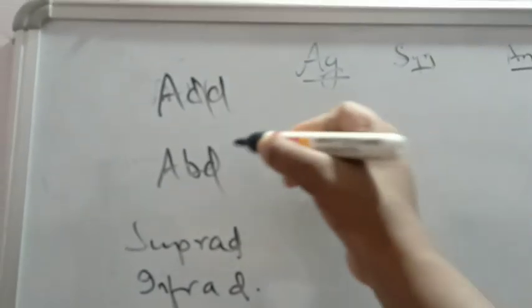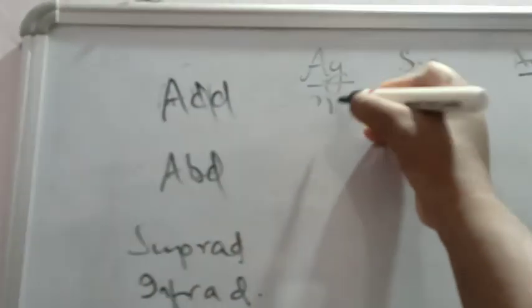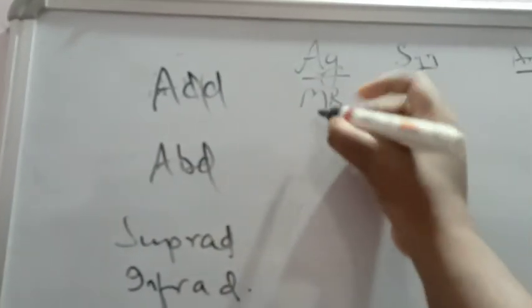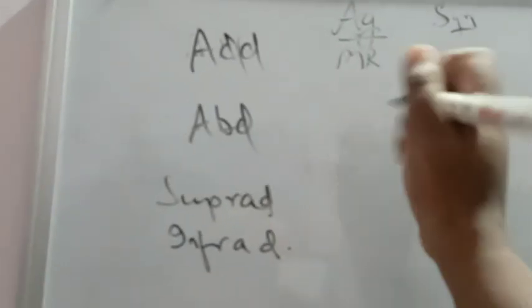So one hint we got is that the agonist is a pure adduction. Who does that? Adduction is by medial rectus. Similarly, abduction is by what? Lateral rectus. Now you have to tell me the synergist. Who is the synergist of medial rectus? Synergist means same action. Who else does adduction? Tell me.